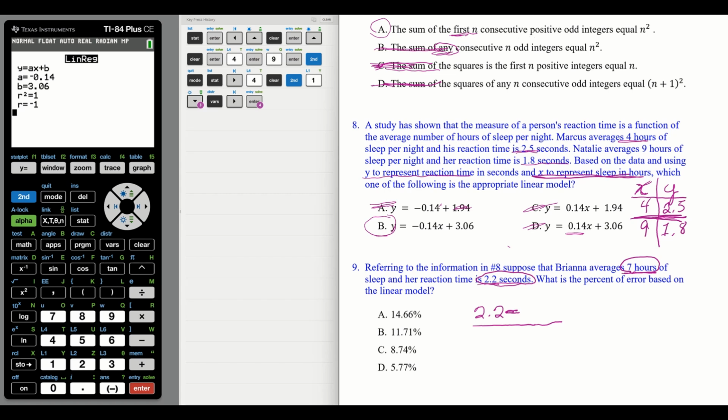If you go look up 7 out of this regression model we built, what would that value of 7 be? Over here on the y side. And then we're going to subtract it, but then we have to divide by our actual